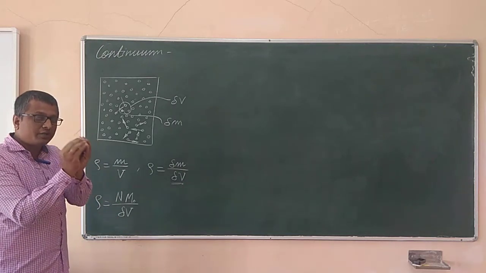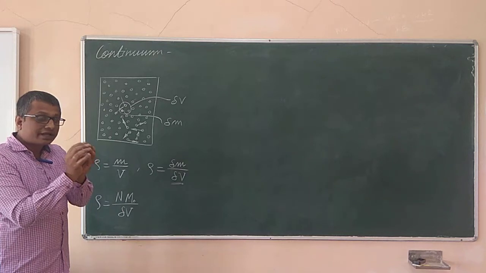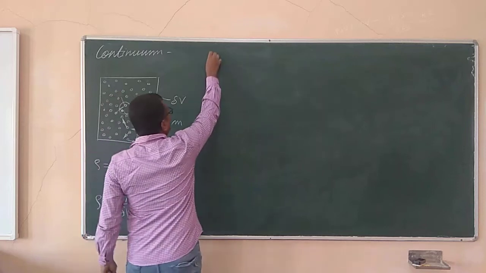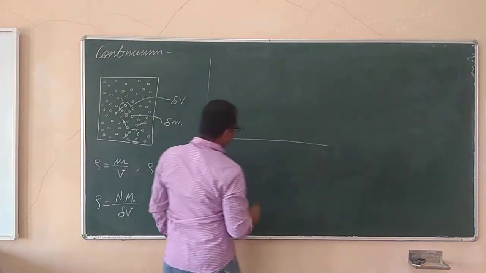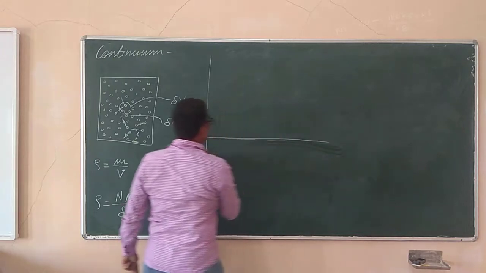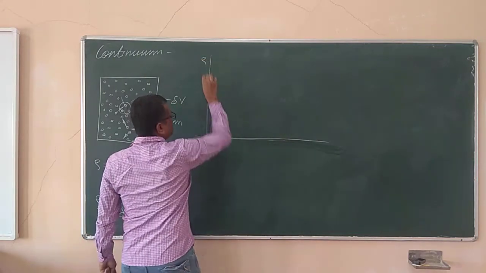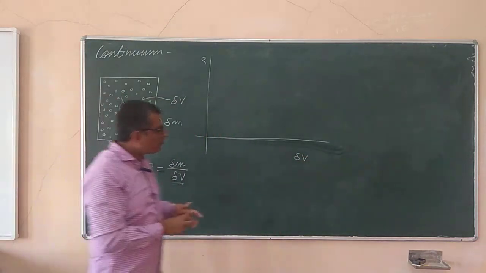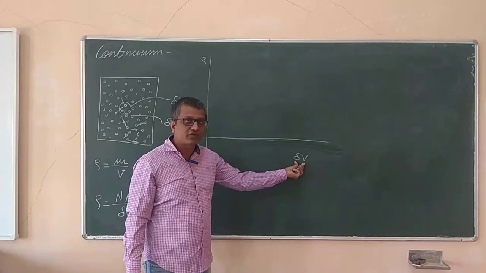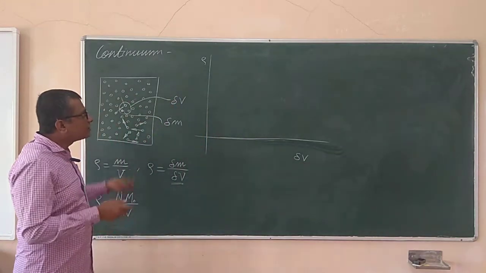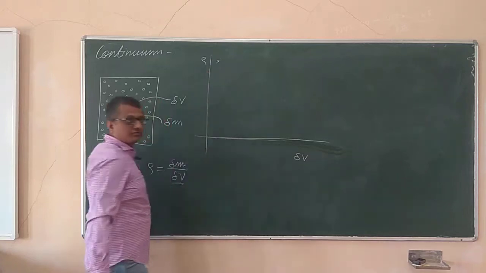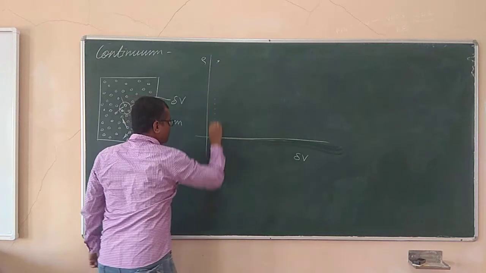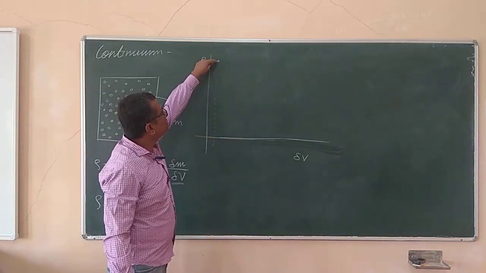So for that small elemental volume delta V, I cannot say the volume is this much, as it may change with respect to time. And if I try to get that value, there is a wide variation in the magnitude. For example, the density of the fluid rho with respect to delta V: if I vary delta V, at very small values of delta V, if I try to measure, at some time I may get the density to be equal to this much. Maybe at the next moment, or if I increase it, even at this volume, you cannot be sure that the density is this much.